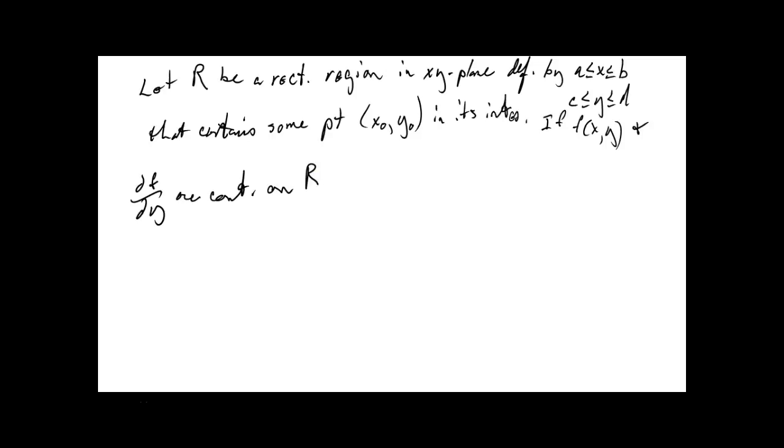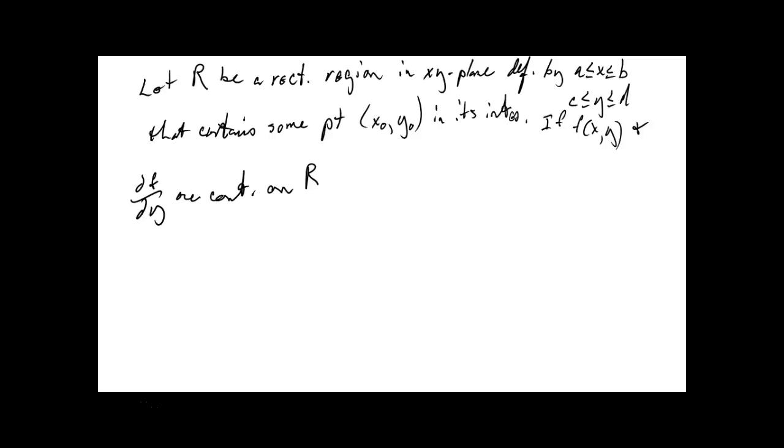Remember, f is a function of both x and y, so when you take the derivative of f, it has to be a partial derivative because it has two independent variables. We're just saying the partial of f with respect to y, not saying anything about x. If both the function and the partial with respect to y are continuous on that region R,